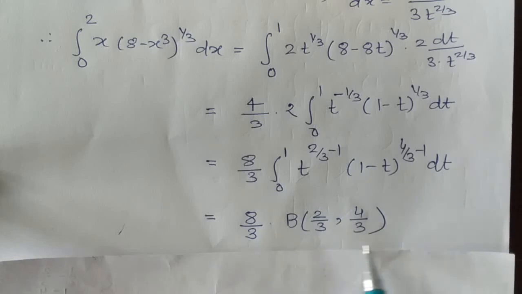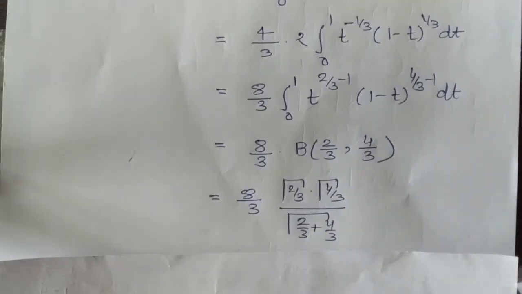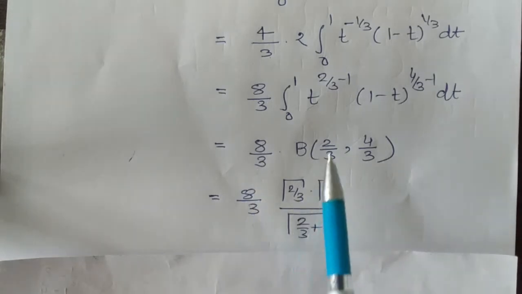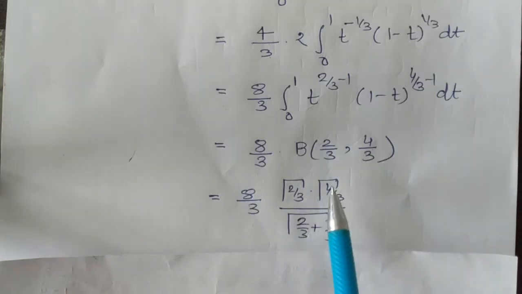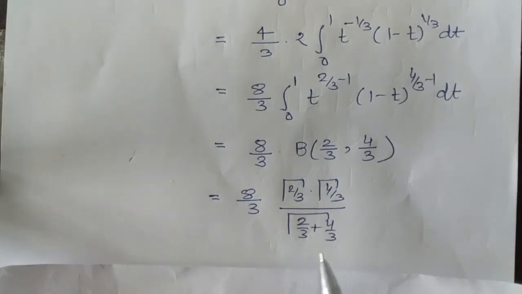Now apply the relation between beta and gamma functions, that beta(m, n) equals gamma m into gamma n upon gamma (m plus n). So we have 8 by 3 into gamma 2/3 into gamma 4/3 upon gamma (2/3 plus 4/3),